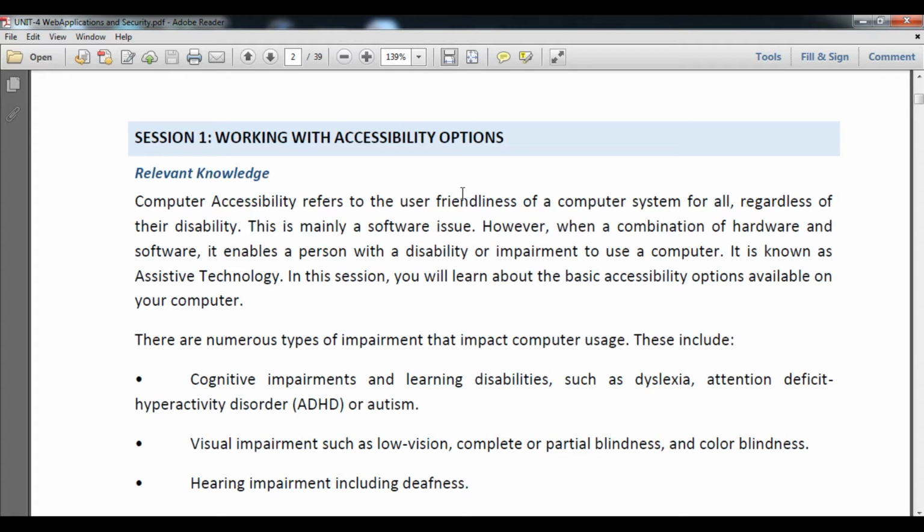The first thing, computer accessibility refers to user friendliness. So students, it is important to understand what is accessibility. Computer accessibility is a particular type of topic in a computer which refers to user friendliness. It means you can operate Windows, all computer operating systems like Windows XP, Windows 10, Windows 8, Windows 7, etc. and so on. Why? Because it's friendliness.